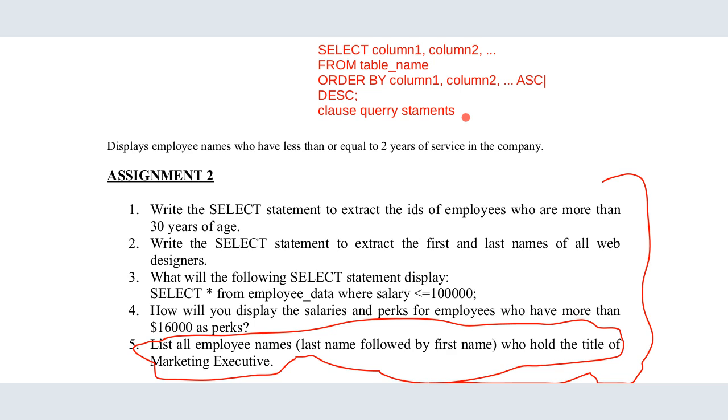So for instance, if you say order by, if you say where, that is also a clause. If you say where, what you're doing is performing a secondary task to what the original command has done. So if you're doing a select with a where, the select will do the selection, which is the primary role, or the key role, and then